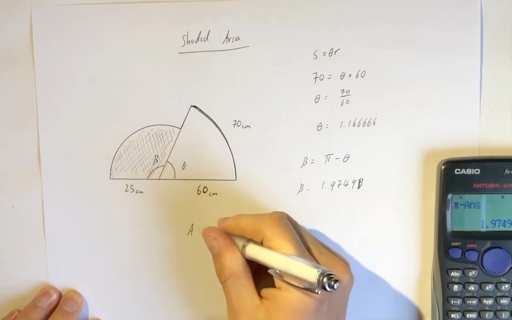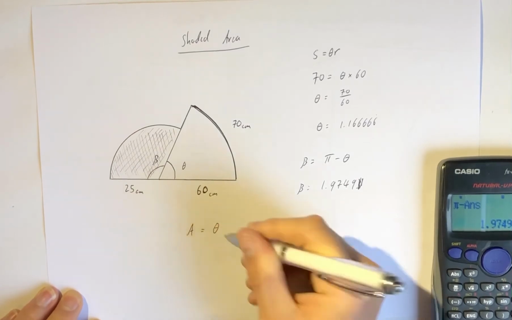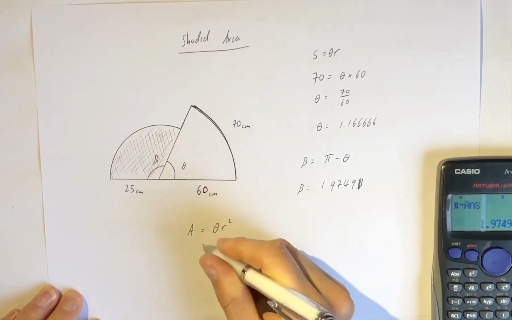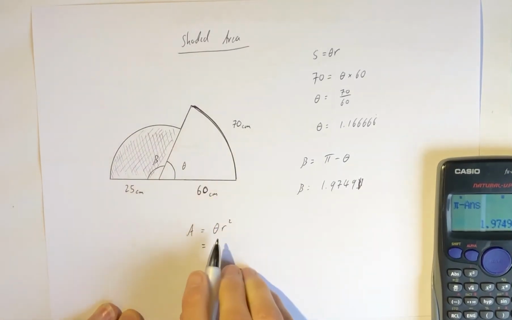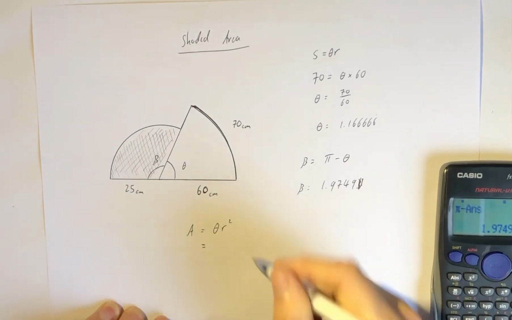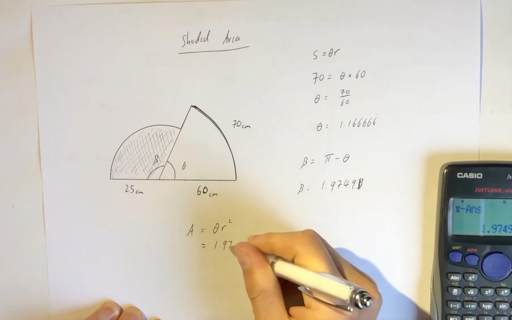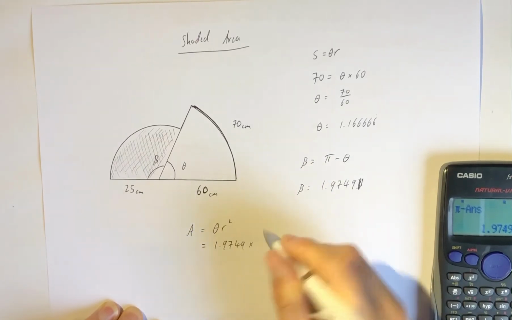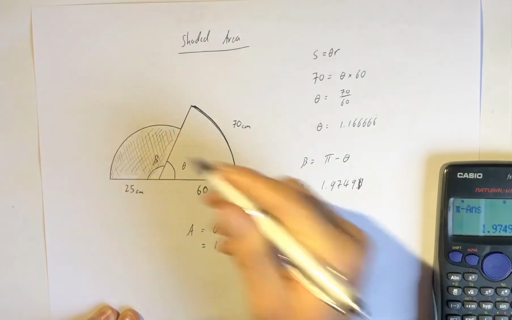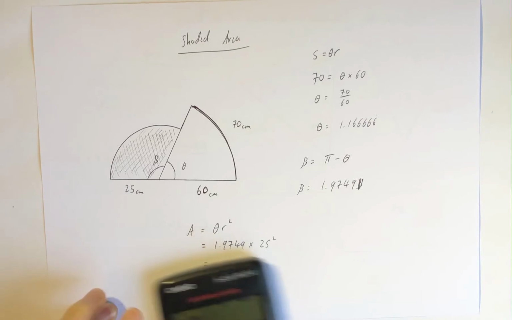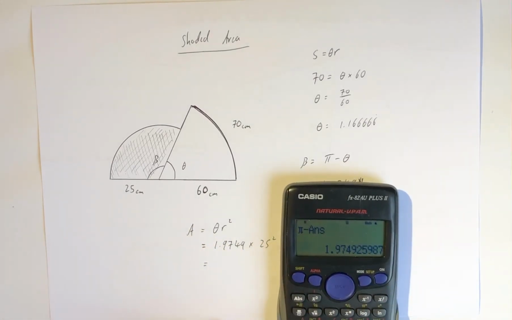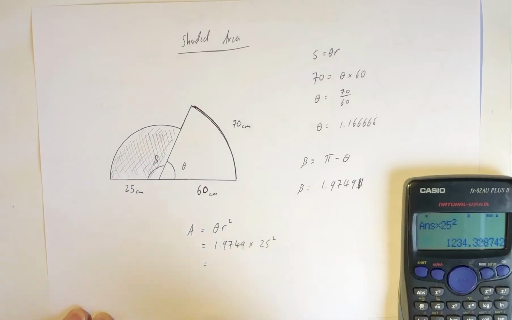So the area of a sector in radian measure is half theta r squared. That's why these formulas are so nice. We don't have to take a fraction of a circle or any of that. We just use the radian measure times the radius squared. So 1.9749 times the radius of this one squared. And what I'll do is keep this answer from my calculator to keep it as accurate as possible. So I'm just going to hit times, and I'll automatically do the answer times 25 squared, which is 625. And the answer is